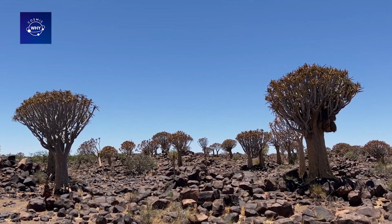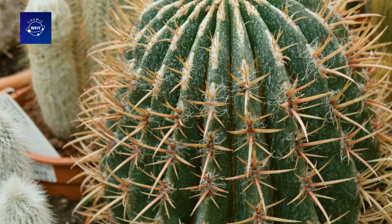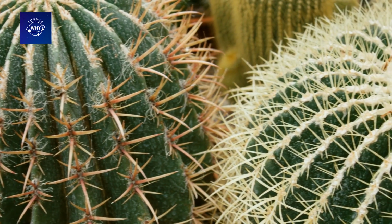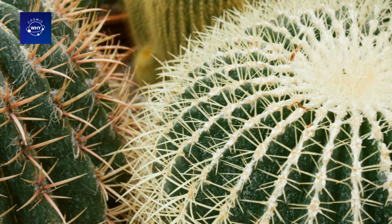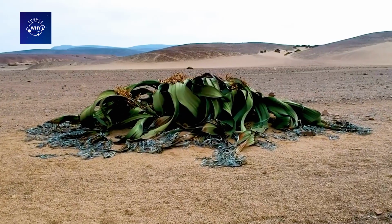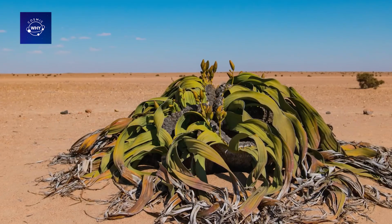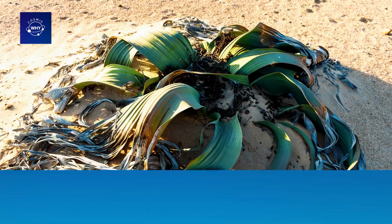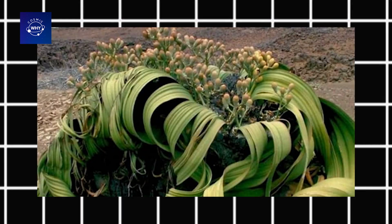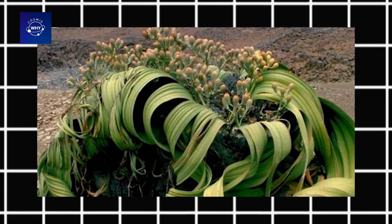One of the most important functions of this plant is to retain moisture in the surrounding environment. With its large, long leaves that spread out close to the ground, the Welwitschia creates a natural biological cover, shielding the soil below from direct sunlight. This minimizes evaporation while creating a microclimate that is more humid than the surrounding bare ground. The soil under the Welwitschia canopy therefore tends to retain moisture for longer, allowing microorganisms, insects, and other seeds to